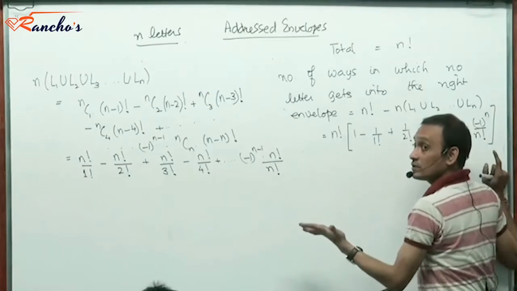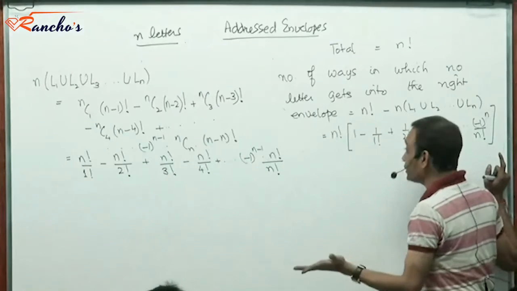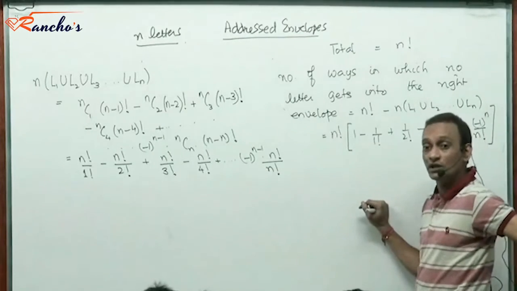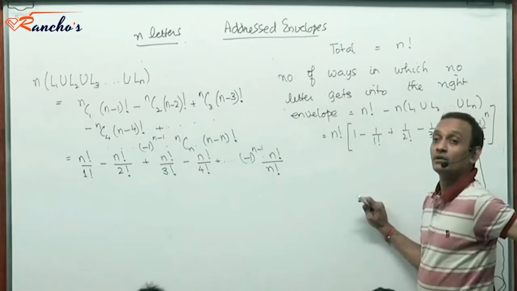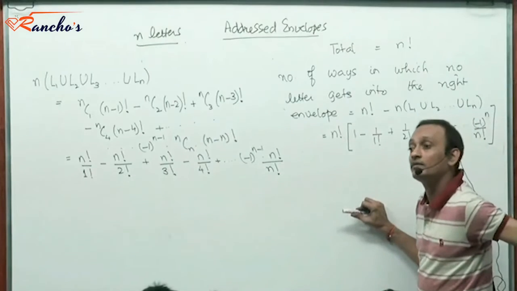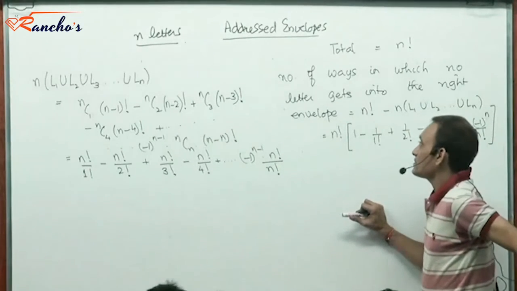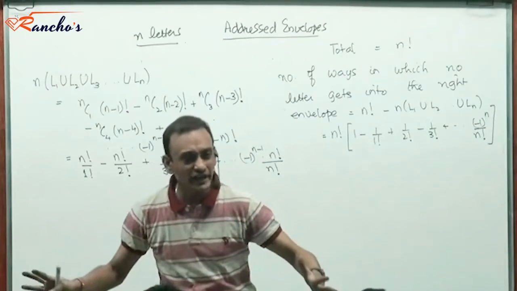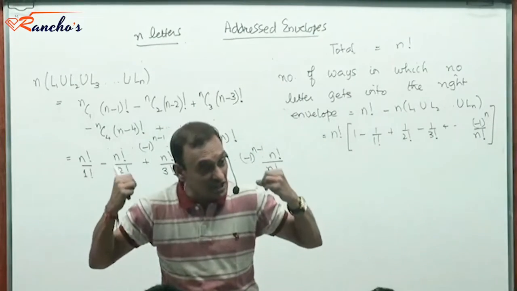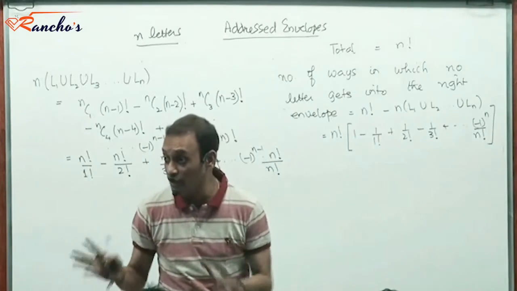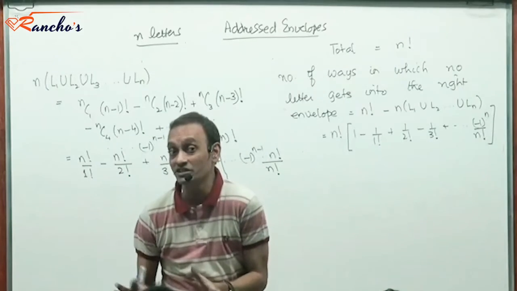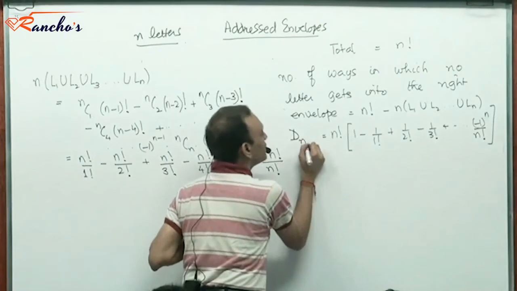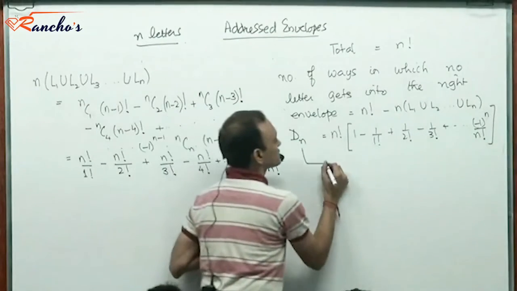So for 10 letters to be put in 10 envelopes with no letter getting into the right envelope, put n equal to 10 in this entity and compute this. That will give you the number of ways in which 10 letters could be put all the wrong way in the envelopes, right? And so we are not arranging, we are actually deranging things. No letter getting into the right envelope is a derangement of n things. This is referred to as Dn, derangement of n things.